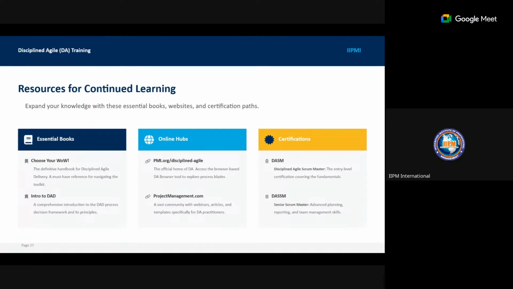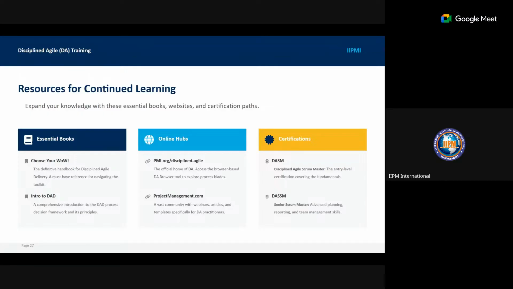So like I also said, in Scrum we have the Certified Scrum Master, the Certified Scrum Product Owner, and the Certified Scrum Developer. The same thing also applies in Disciplined Agile.